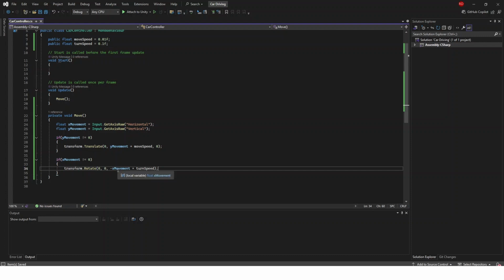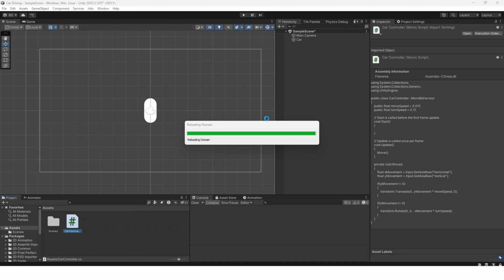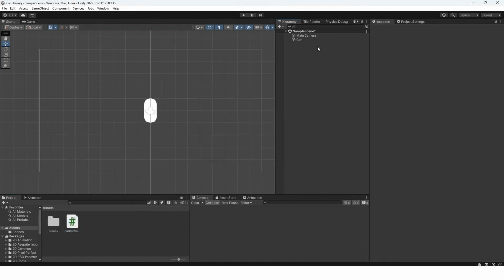And the reason it's negative is that if it's not negative, when we push the right key, our car will turn left, and when we push the left key, our car will turn right. So we have to have the negative to inverse that to make it seem normal to us. But once we have this, we can go back inside Unity, and then once Unity has uploaded, we can go